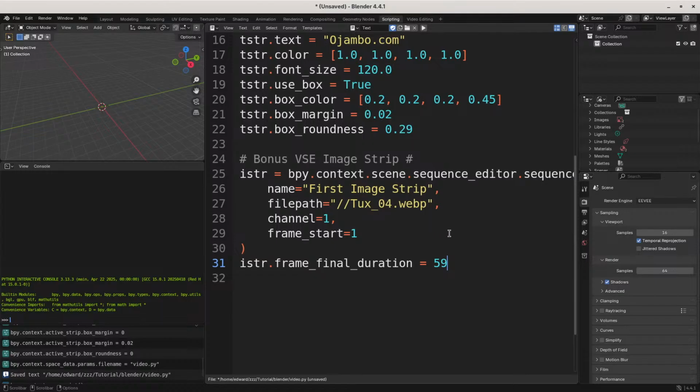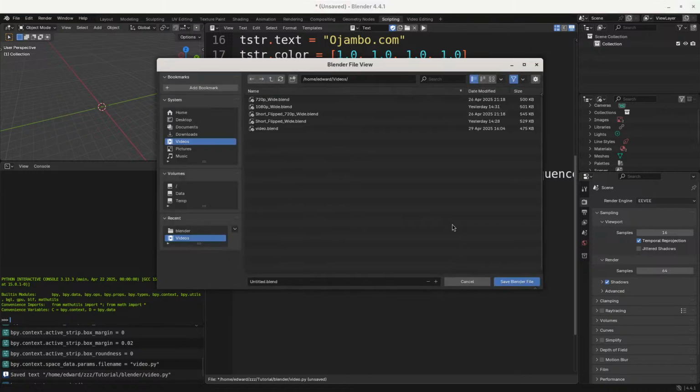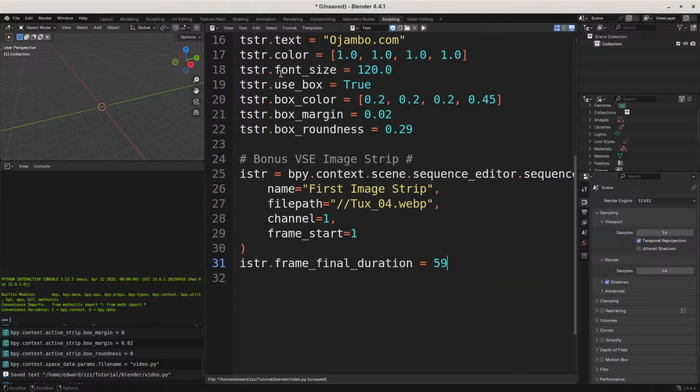And I think this should actually be 60, but we'll see. So we'll set it to 59 and you'll see what that will look like. Okay, then, if I go here and make sure I save this, if I run this, this should have what we want. So if I go to run here,